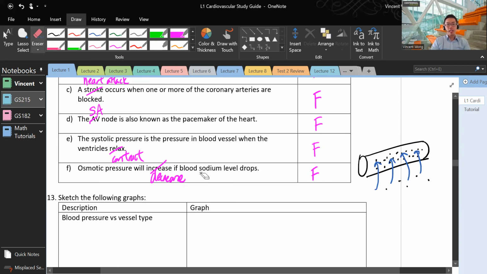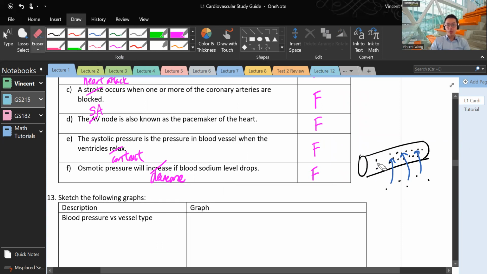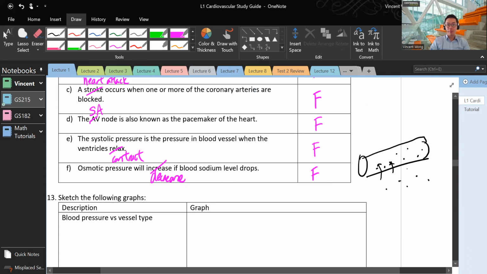Now, if you decrease blood sodium level, then that means I'm going to be taking away a lot of these solutes. Oh, this is not working out, is it? Okay, so now that the difference is not as drastic, you'll still be drawing things in, but just not